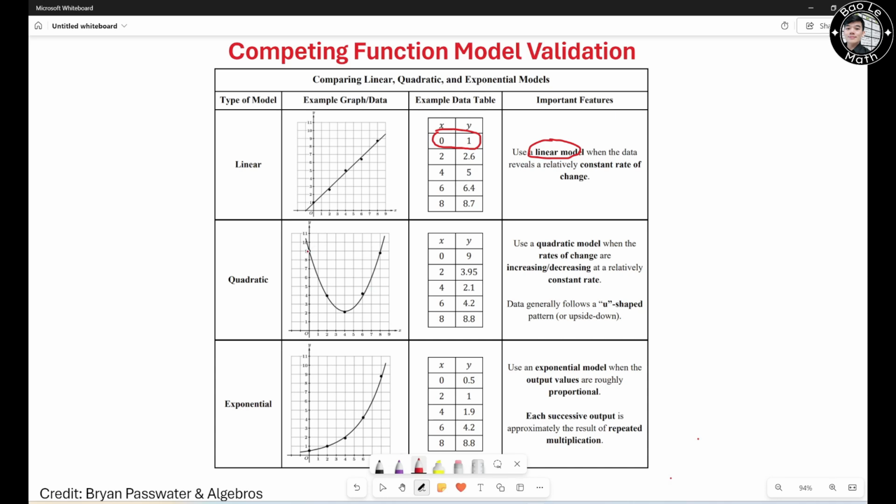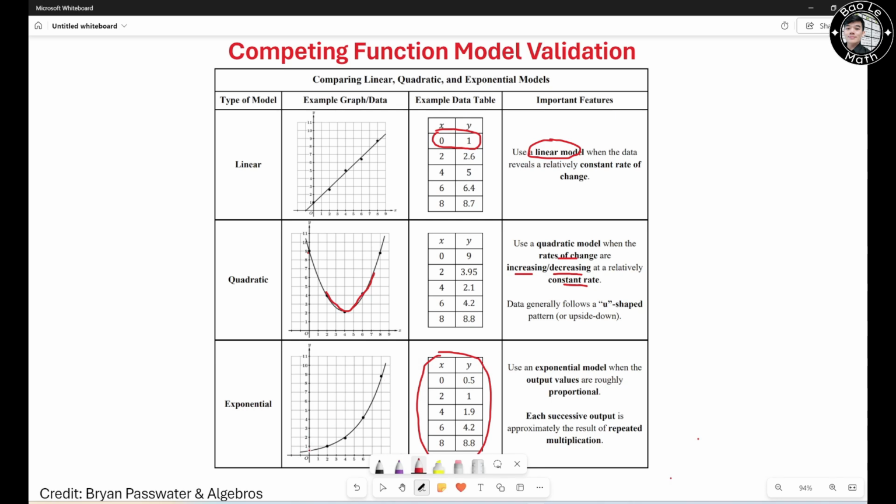And we see the U shape like this, and this is actually the quadratic function. We're going to use a quadratic model when the rate of change is increasing or decreasing at a relatively constant rate of change. And the last one, if we plot these ordered pairs on the x and y coordinate plane,